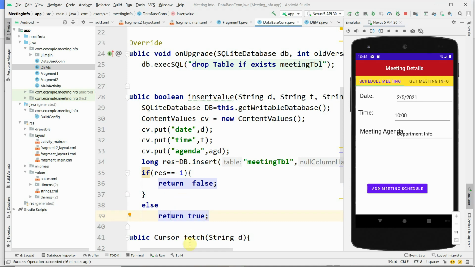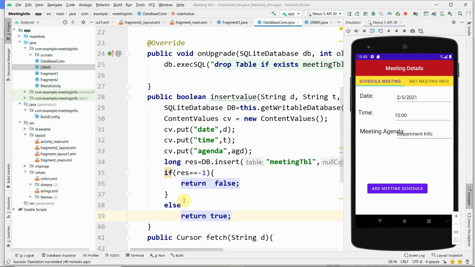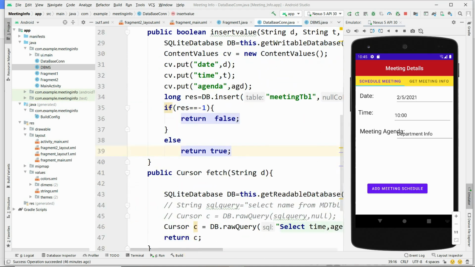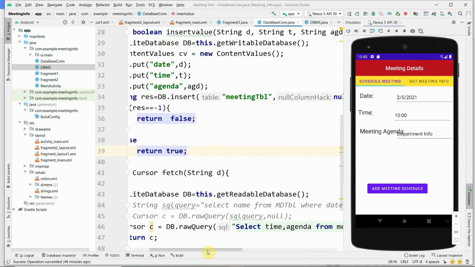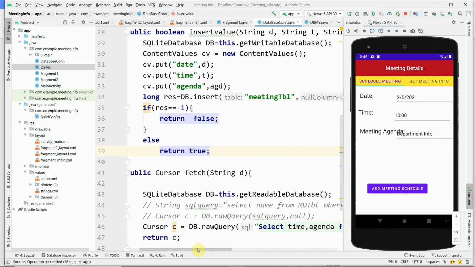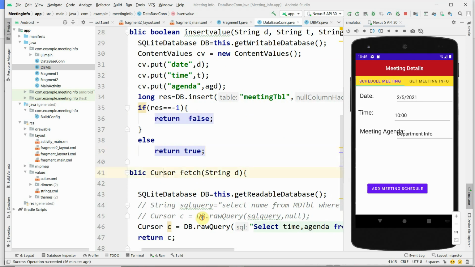And the next thing is to fetch content from the database: public Cursor fetch method, because it returns a Cursor. Here it creates the object from getReadableDatabase using this.